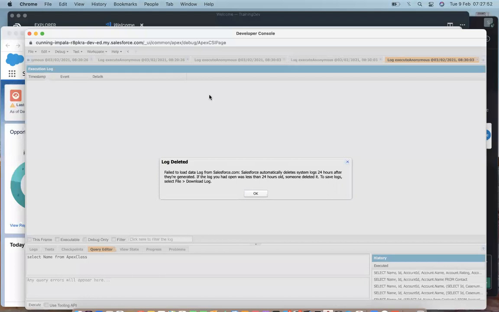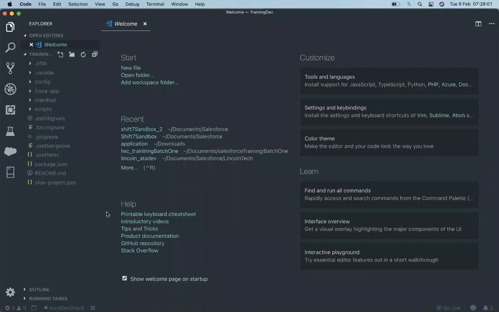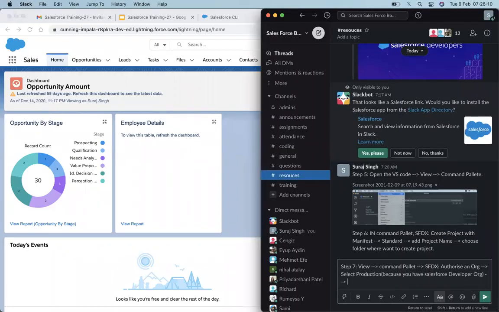Because I already created the connection, it's showing Suraj DevOps, since I had created the connection previously. But whatever name you type after the developer, the same name shows up. So give a name for the org. Then it will redirect you to log in to the org via browser.